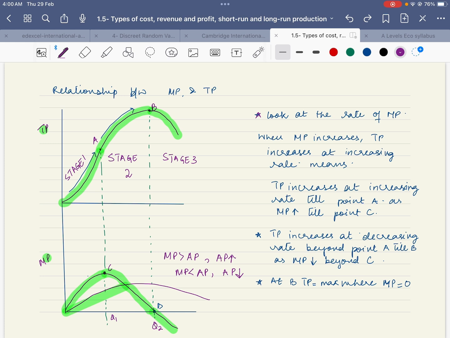But the question is, which stage should the companies operate at? Whether they should operate at stage 1, stage 2, or stage 3. As a rational firm, the optimal utilization of both the fixed and variable inputs would take place only in stage 2 of the law of variable proportions. That is the only time when all the inputs are used in an economical way. Moreover, MP and AP of both the inputs are positive yet diminishing.